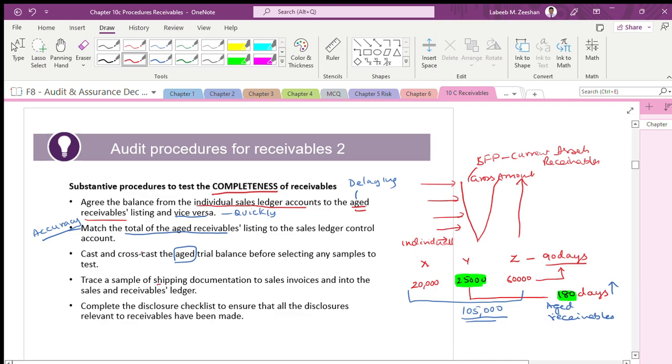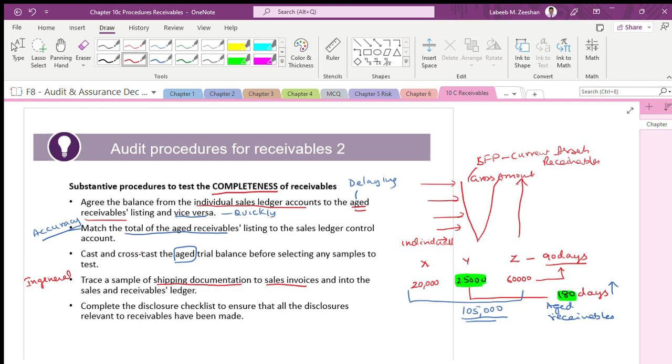Means you say when we have sent the documents, when we have dated the invoice. In general, it is not for the aged receivables. This is in general. What do we have to do? We have to say that, see, when we have shipped it, when we have invoiced it into sales and receivables,